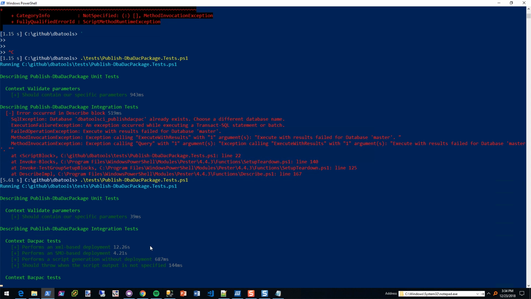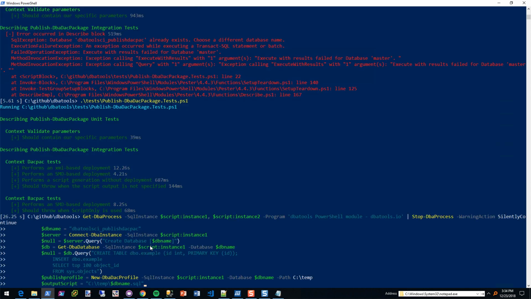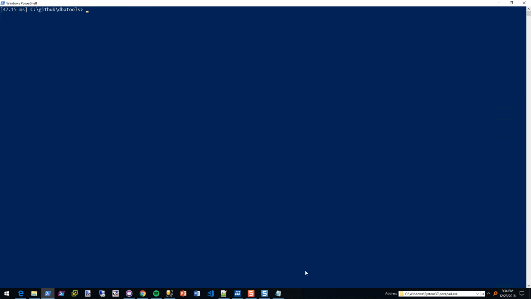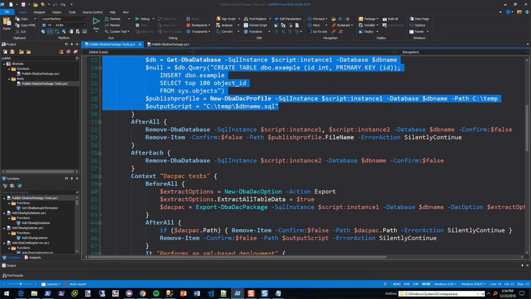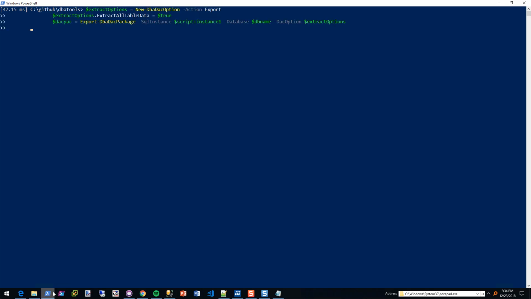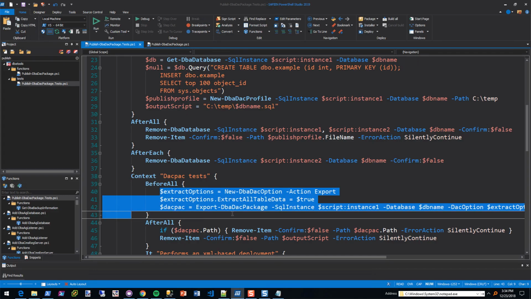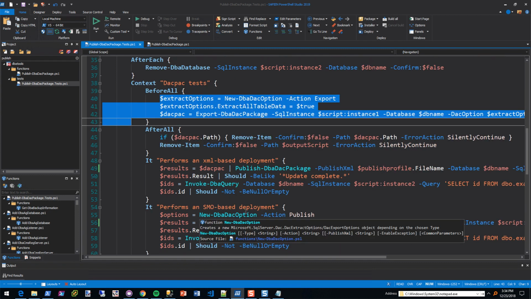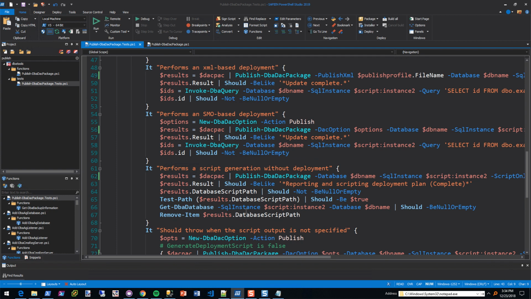Control V, and hopefully it's still in my clipboard. All right, it is. That should go no problem. A little before all, we're going to generate that DAC pack. Oops. Something that's still on my to-do list is that I do need to write about this in the examples. So hopefully I'll remember by the time that I've gone to create my PR.